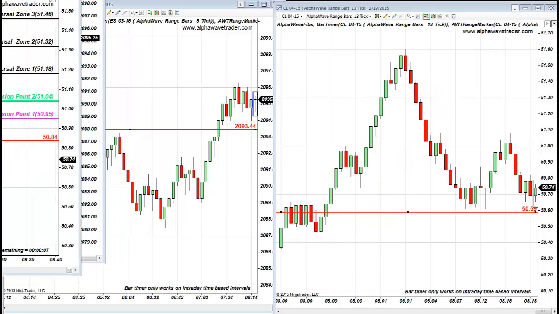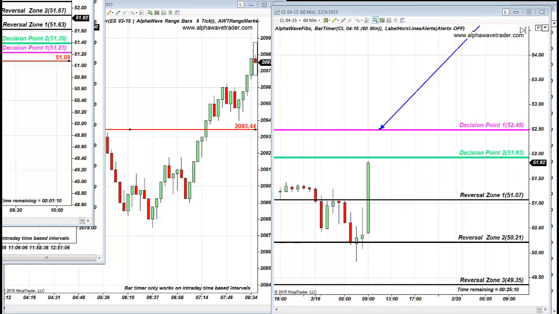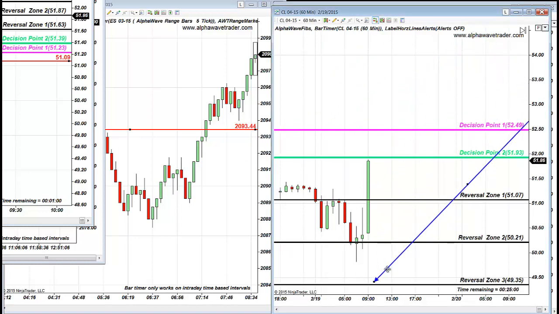Here's a trade on oil. Reach decision point 2. How magical is price? Bearish news is worthless again and again. Magic of the price never ceased to amaze me. Another bearish news, and once again we're trading against it because we know what reversal zone means. We also know to take a bit of a pause at this level and then at this one.